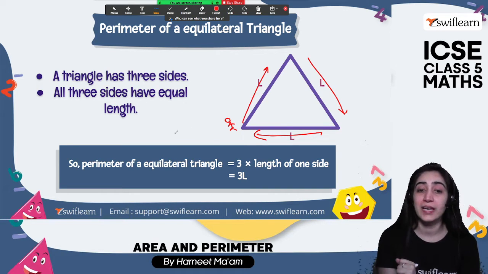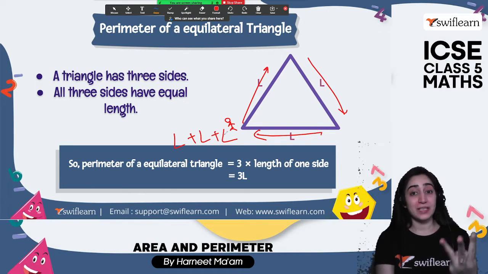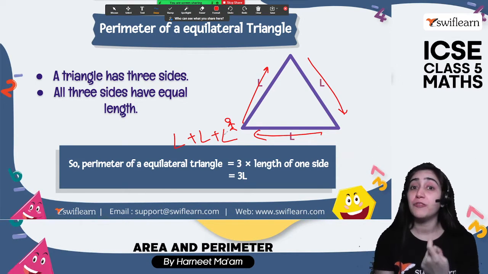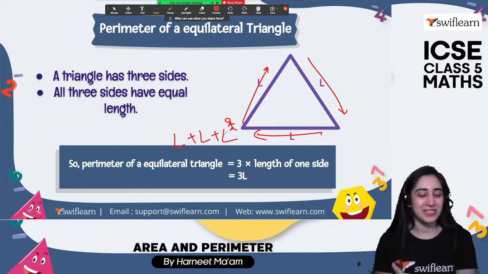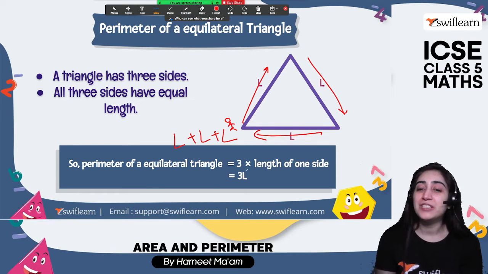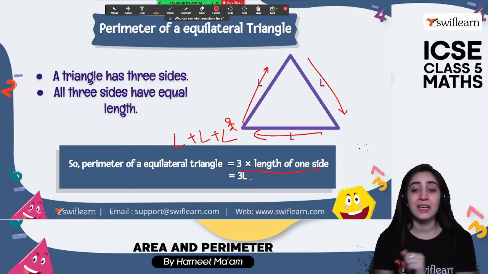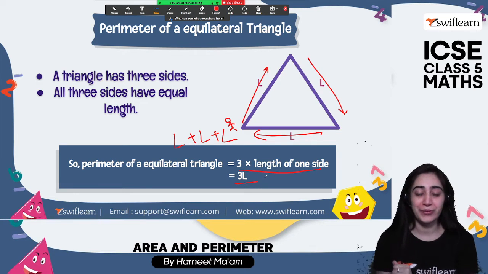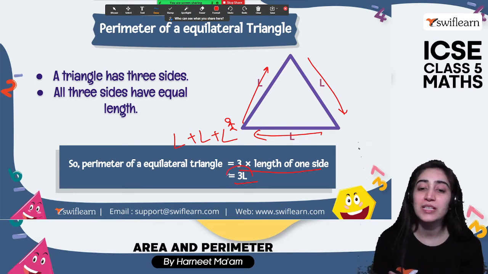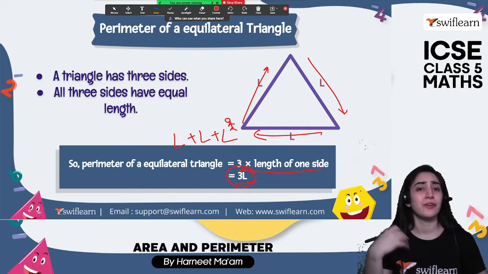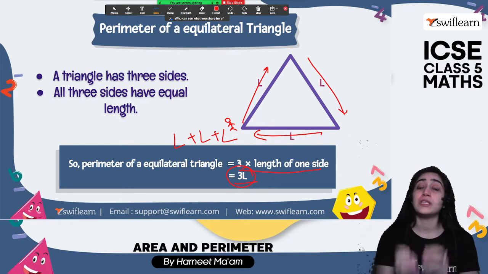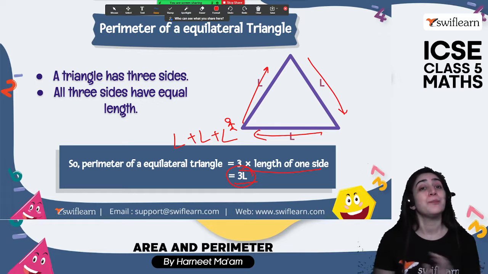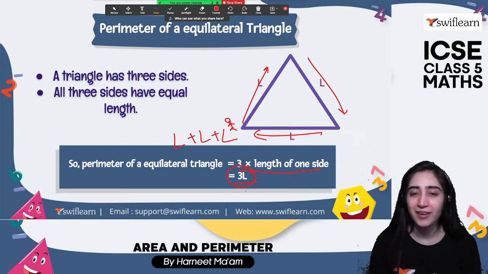So if I imagine it to be a perimeter and find out the perimeter of this triangle, I'm working from here. I'm taking L plus L plus L. I'm adding L 3 times. That means I can use the concept of repeated addition. That means multiplication. Very good. So that means 3 times the length of one of the sides. That means 3L. All right. So this becomes a generalized formula of an equilateral triangle. If one of the sides is given, you just need to multiply it by 3. That becomes your perimeter of that triangle.